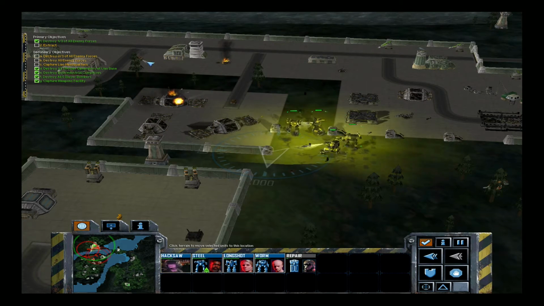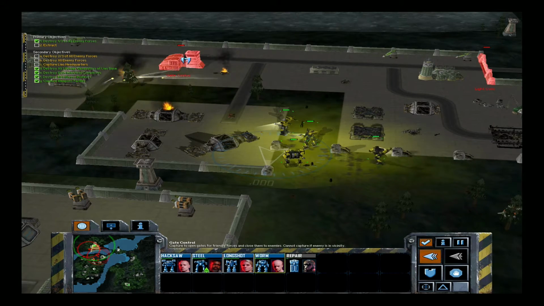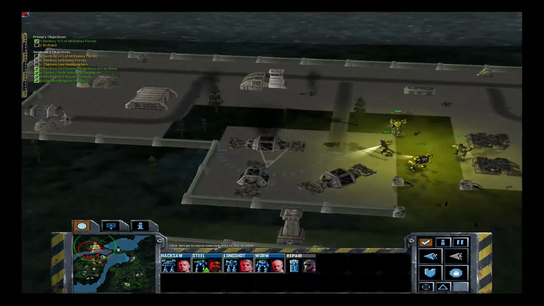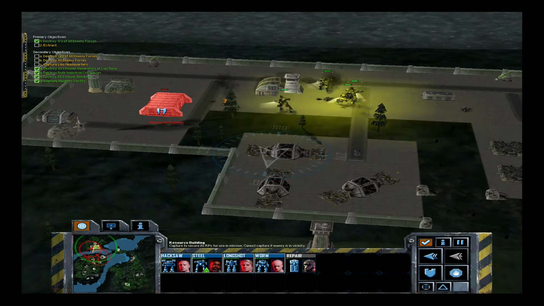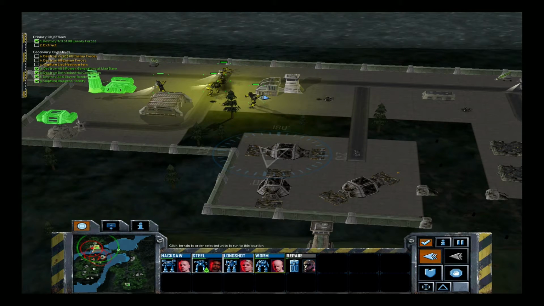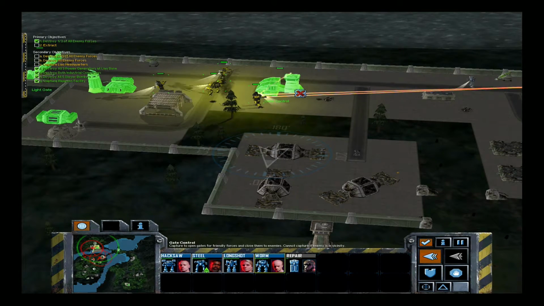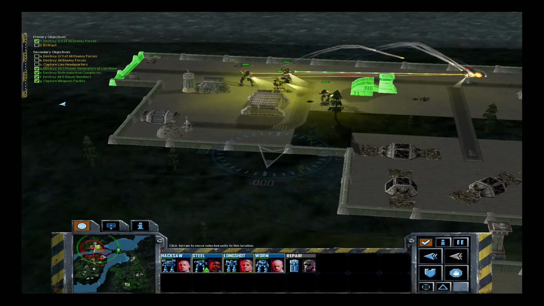I'm under fire. Target confirmed. Go ahead and capture the gate control. Resource buildings and the enemy turret resources control captured. Okay, we didn't manage to get the gate control in time. Let's start moving away